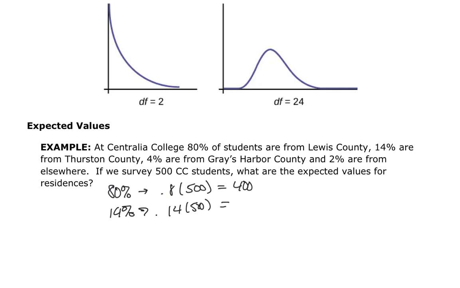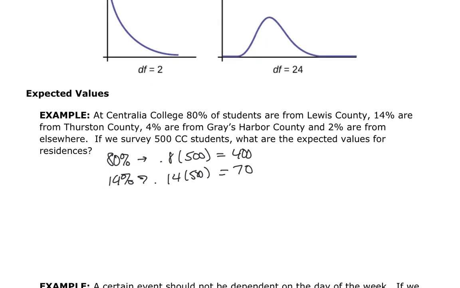So we would expect 70 from Thurston County. If we have 4%, that becomes 0.04 multiplied by that 500. So we would expect 20 of those 500 students to be from Grays Harbor. And then 2% equates to 0.02 multiplied by the 500, which is going to be equal to 10 students